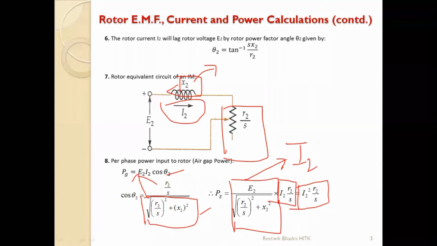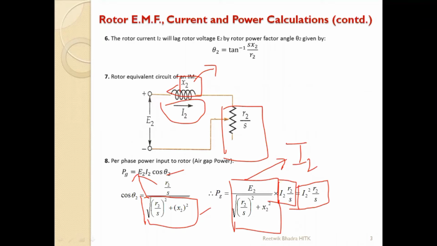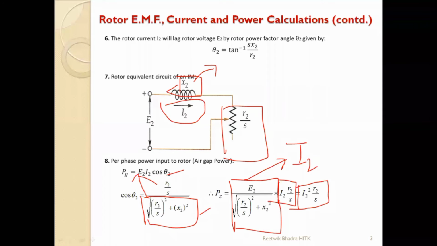Everything will be given in a question. And if I am told to calculate R2 X2, those will be found by the short circuit, open circuit test, like in a transformer we did. We need to find out the parameters of the transformer. Over here also we can perform the block rotor test and no load test to find out this R2 X2 if you're told to calculate. Otherwise, normal problems will give X2 as a whole only, considering all the air gaps and every factor, and give it as a whole only.